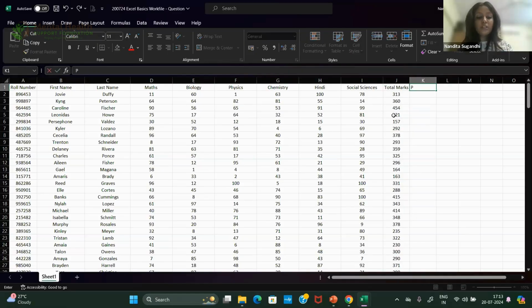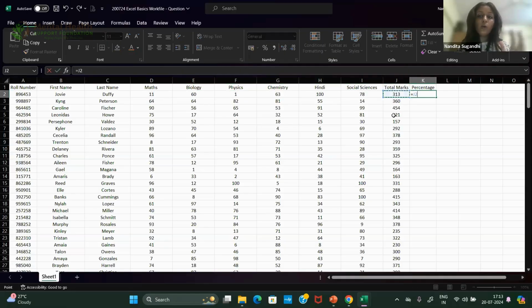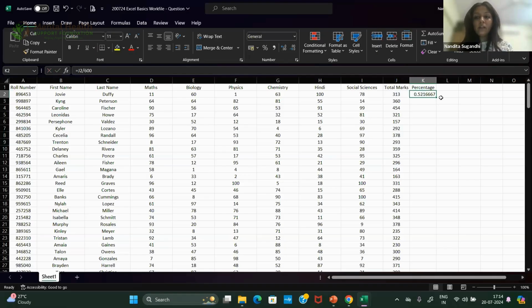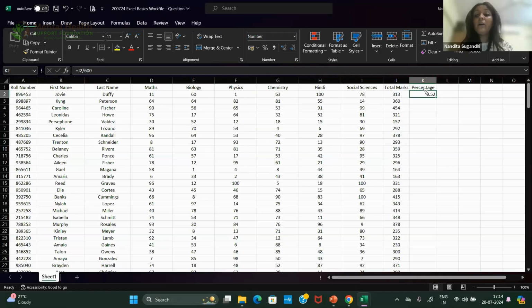Now I want to know what percentage each and every student achieved. Say, for example, I know there are six subjects, and every subject was a 100-mark paper. So it's a 600-mark total. So they have received 313, say, for example. 313 divided by, this divided by sign would be there on your keyboard itself. Divided by 600, and I enter it. It will give me it in number format, even though here it is written as General, or even if I write number, it will give me number format, but I want a percentage.